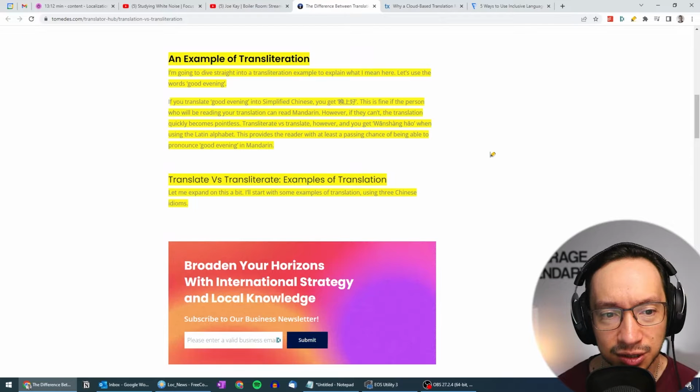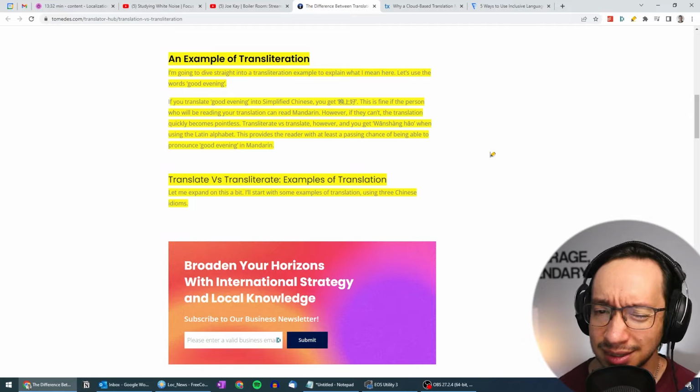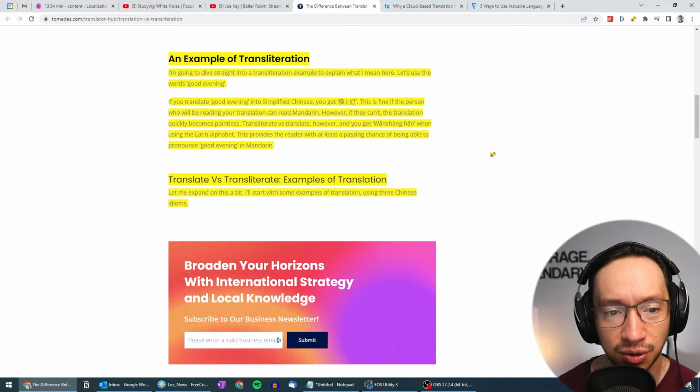This is fine if the person who will be reading your translation can read Mandarin. However, if they can't, the translation quickly becomes pointless. Transliterate versus translate, however, and you get one chunk, hao, when using the Latin alphabet. This provides the reader with at least a passing chance of being able to pronounce good evening in Mandarin.